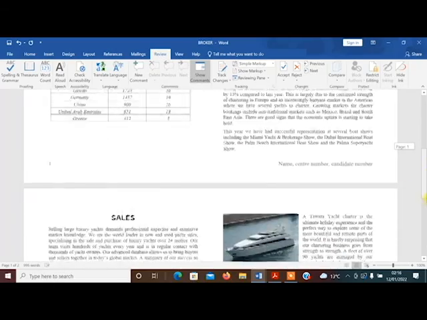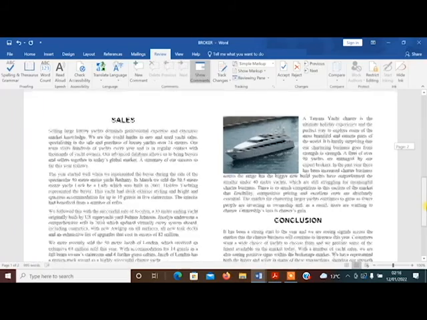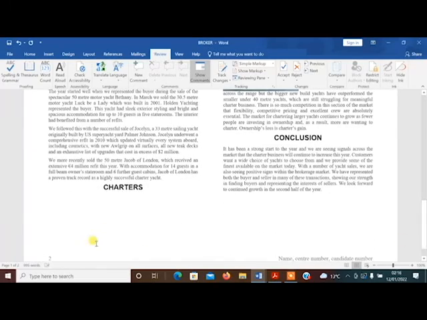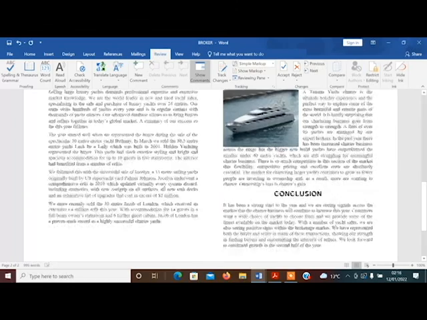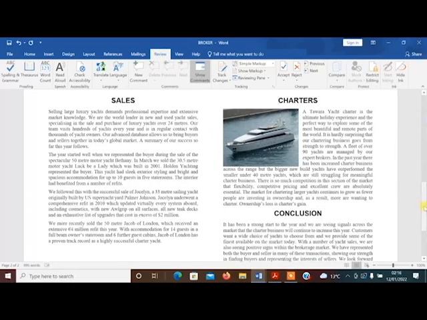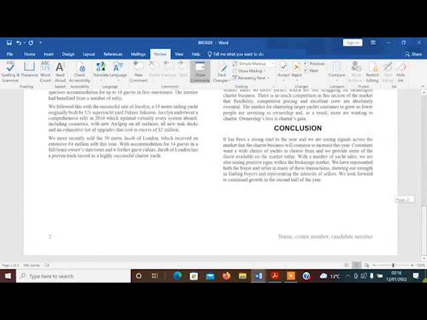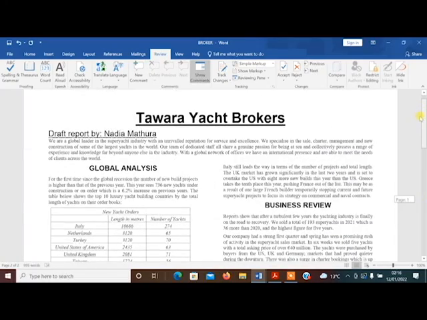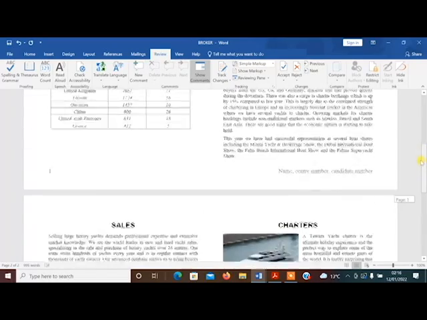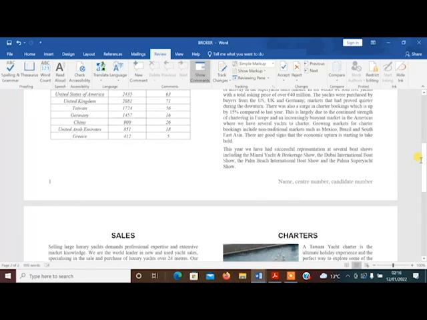Go down, check through. See, charters also should be with its paragraph, so I'm going to have to move that. That should be there, and that's it. And make sure I've got no blank pages, so it's over 2 pages, and that's it. So I'm just going to give that a final save,